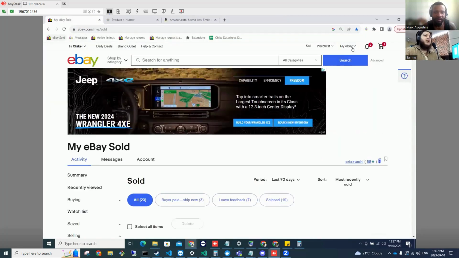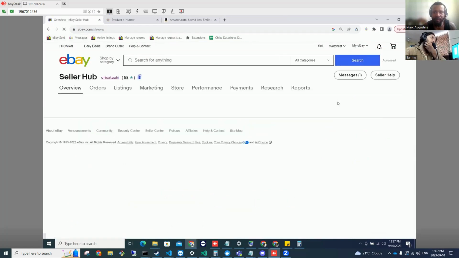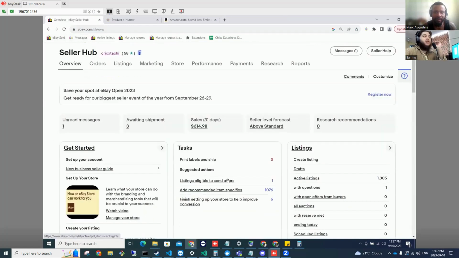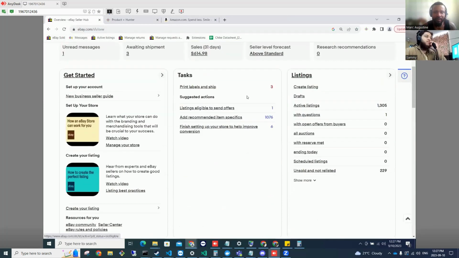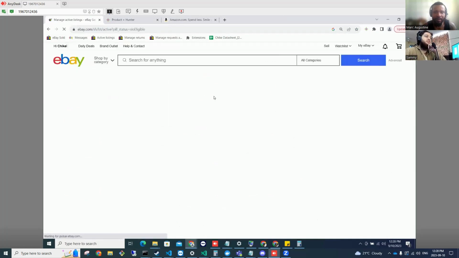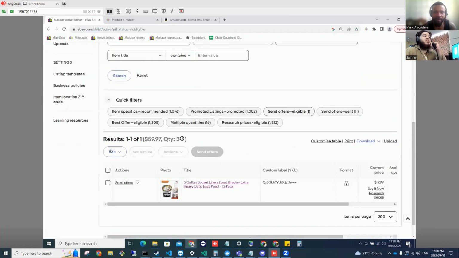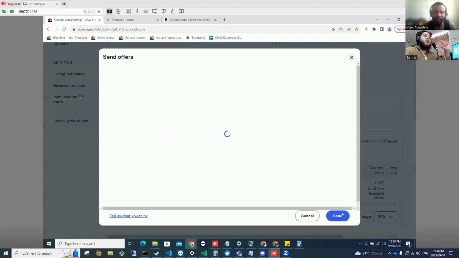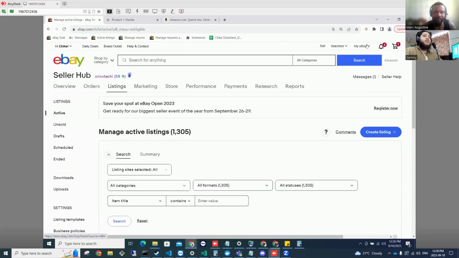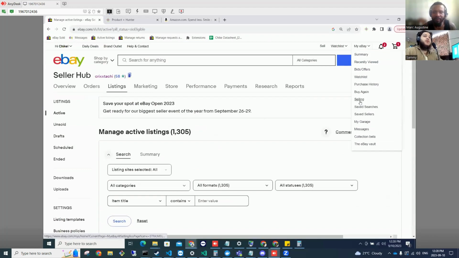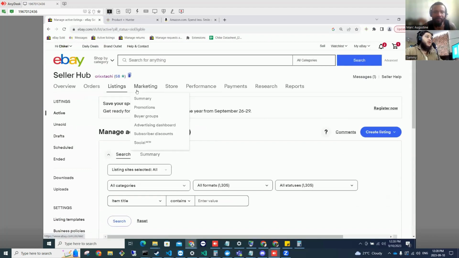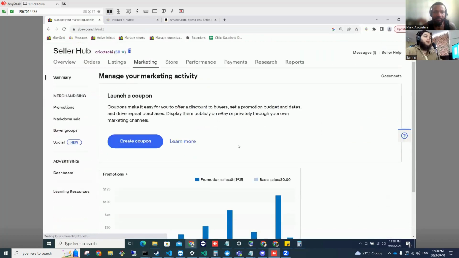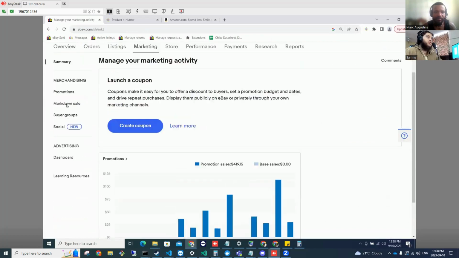And I think as always, just to reinforce this ideology, I went into somebody else's account recently, just to see what's going on, and it showed that they had like 30 offers ready to send out, and I'm just thinking that is just a missed opportunity. Make sure you're sending out offers on a daily basis, as many times as you can. Run your promotions, right? Offers and promotions. So I'm gonna go ahead and run a promotion real quick. I'm gonna go to marketing. And Mark, do you want to just explain real quickly why we run the promotions?